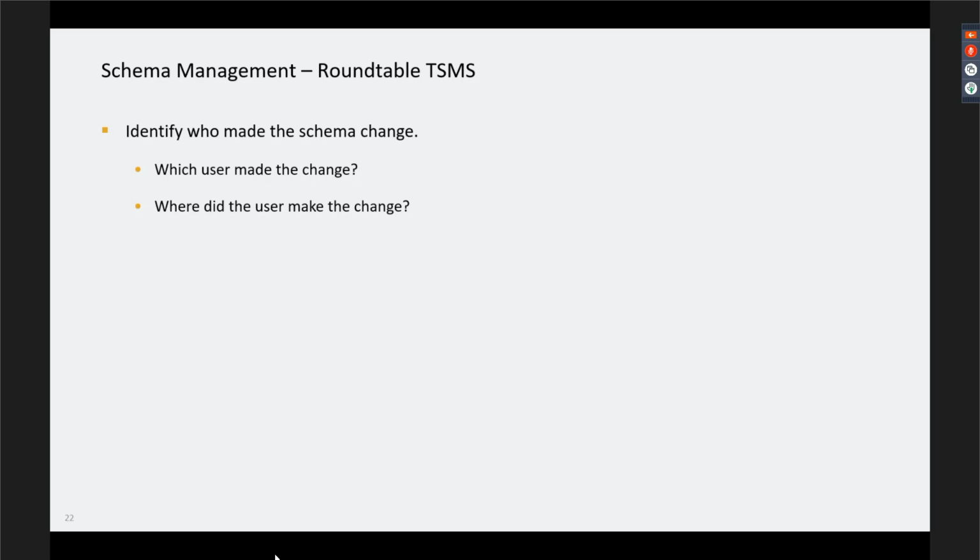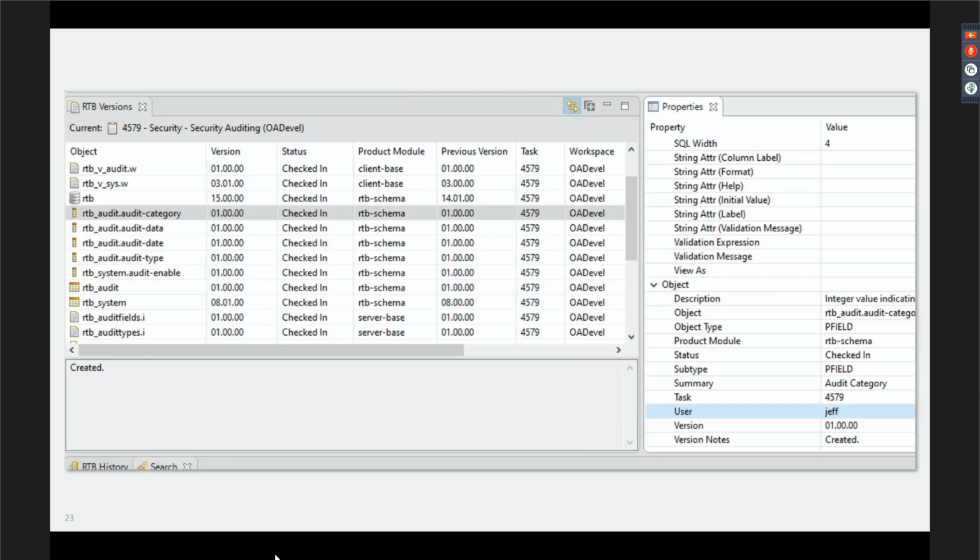So what about who made the change? Well, we can see who was on the task, but if we ever wanted to see who particularly made a change, we can identify that information as well. So Peter comes back after a couple of minutes because he's curious about a particular field that was in the new table. He knows that Bobby Progress was involved in this, but he was curious who created this exact field. So Bobby goes back to this versions and task view.